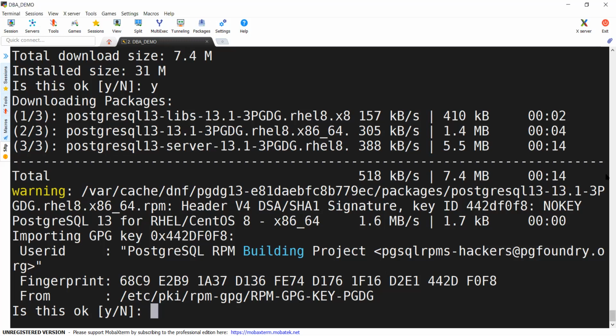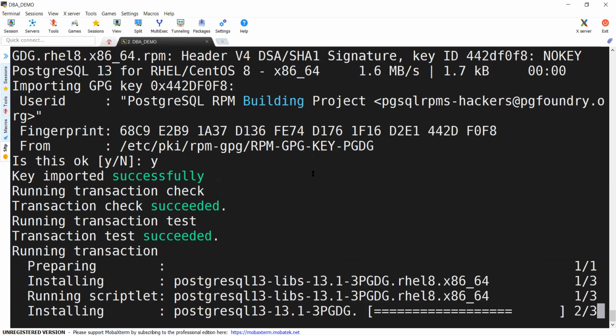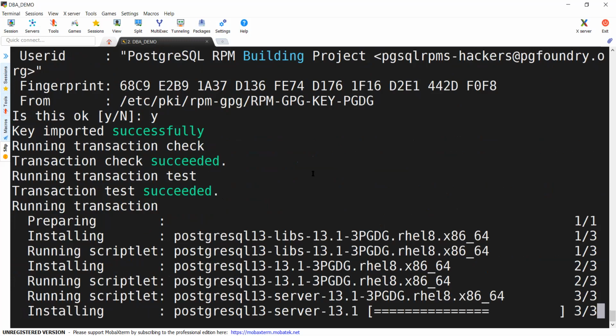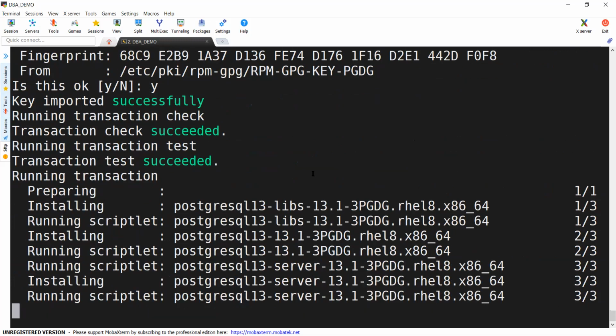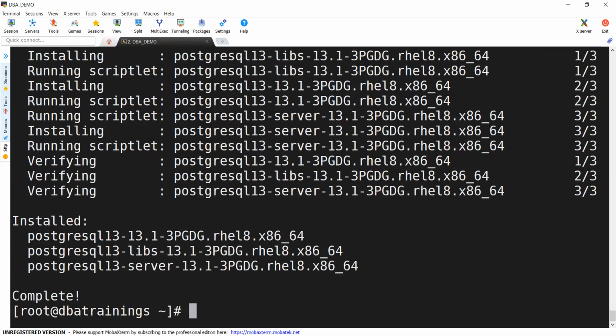Ensure that your GPG key is imported. So yes. Now installing the Postgres server. Good, so my installation is completed.